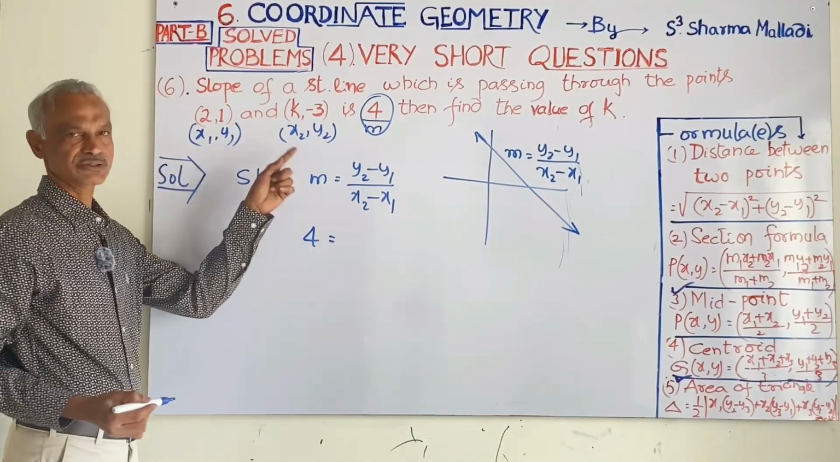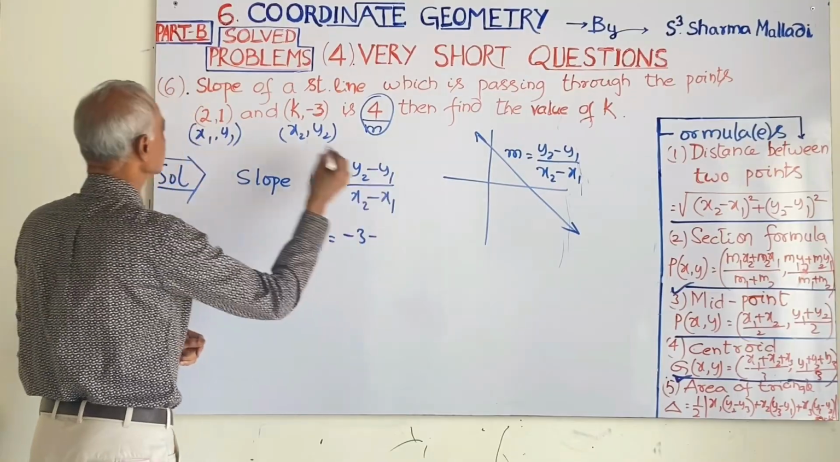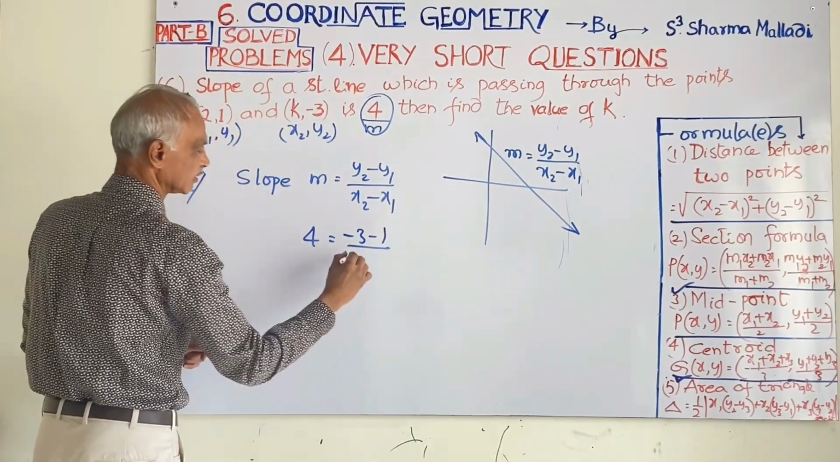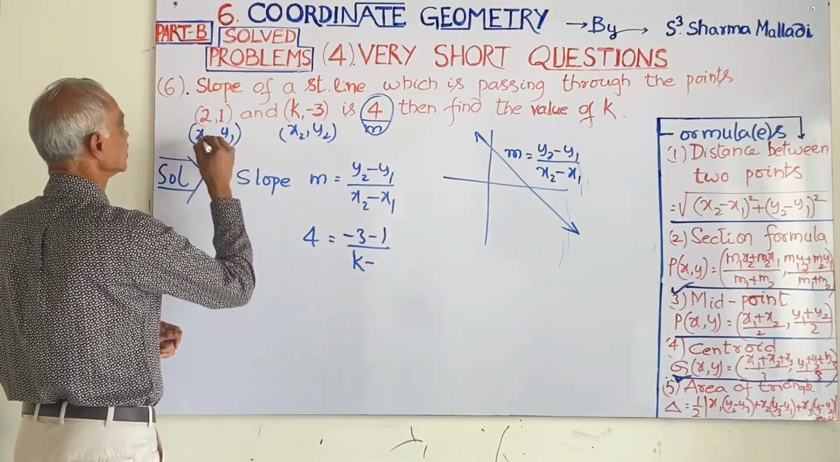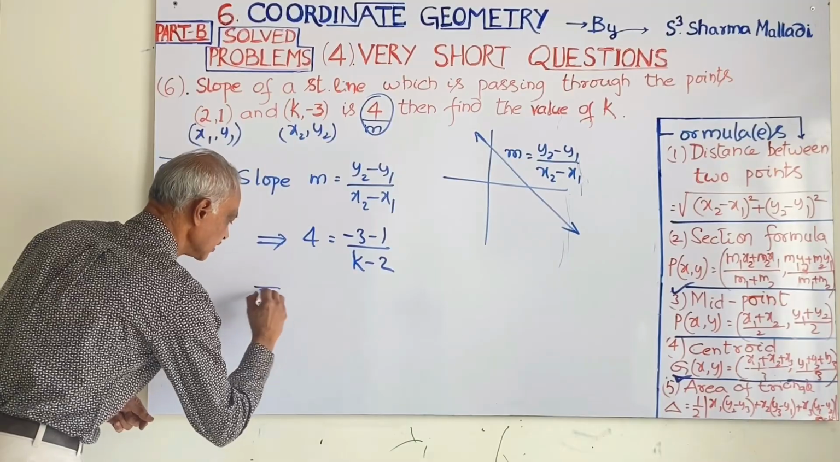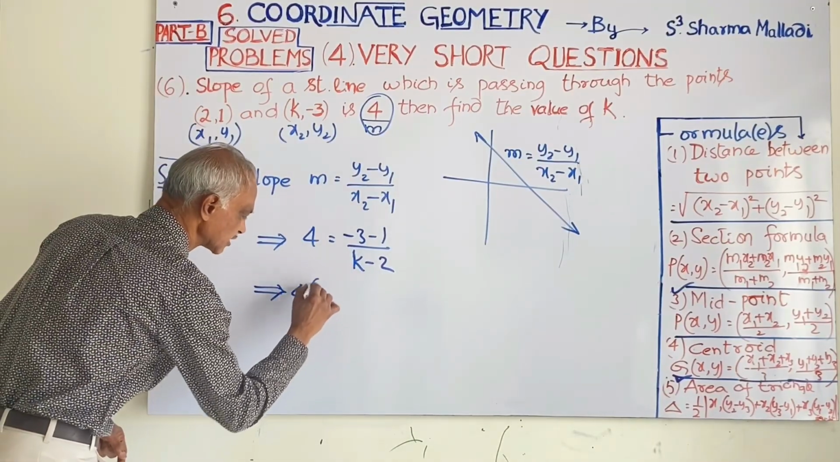x1 y1, x2 y2. What is y2 here? Minus 3. Minus, what is y1? 1, by. What is x2? k. Minus, x1 is 2. Implies 4 into k minus 2. Cross multiplication